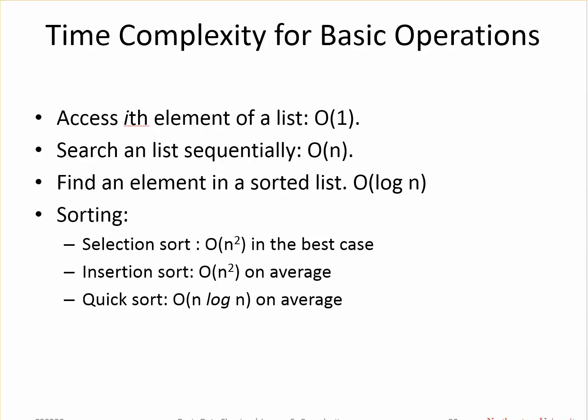Sorting, well, it takes a different amount of time depending on what kind of a sorting algorithm you use. Quicksort takes O of n log n. Insertion sort is n squared on average, but much better, by the way, in the best case behavior. So if it's a partially sorted array, it's actually quite a bit better. It actually approximates O of n. Selection sort is O of n squared in the best case. So selection sort is often a very good